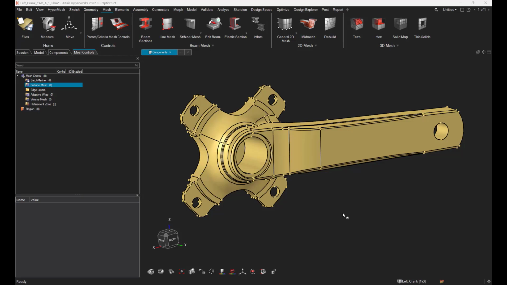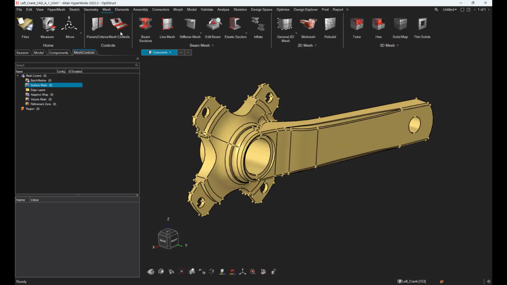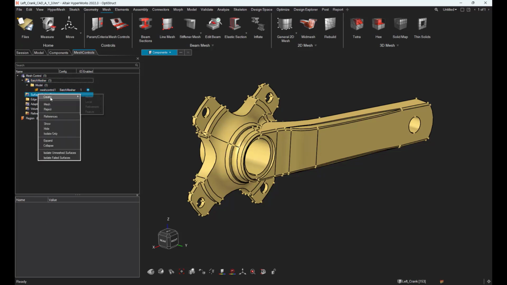This video is an introduction to the feature-based meshing available from the mesh control in HyperMesh. As you may know, the mesh control is a way to ease, automate, and streamline the meshing process inside HyperMesh. You can basically create model or local mesh control really easily,